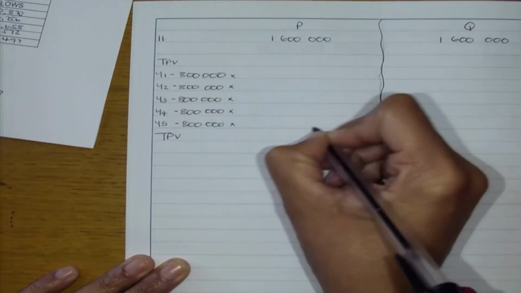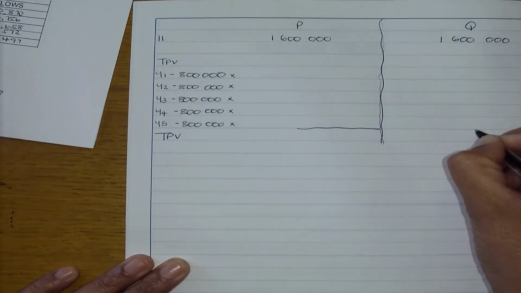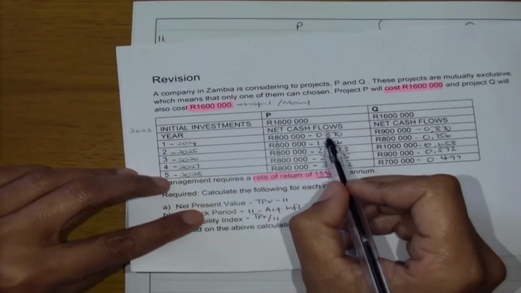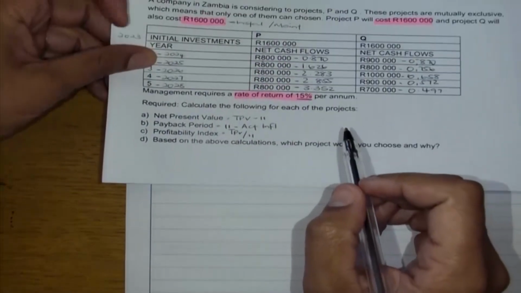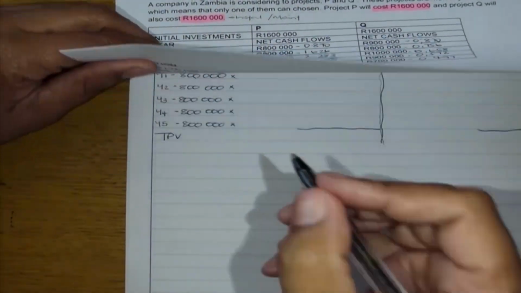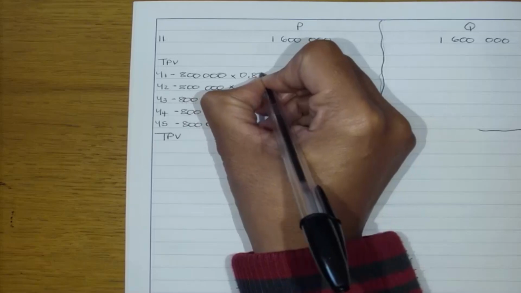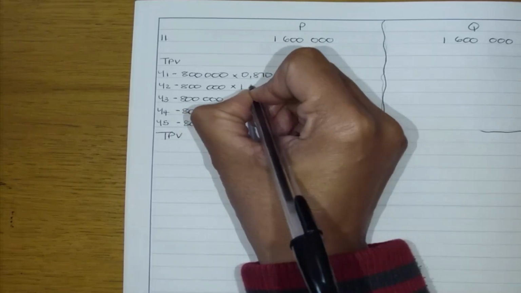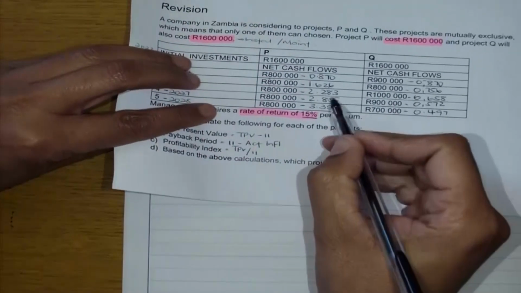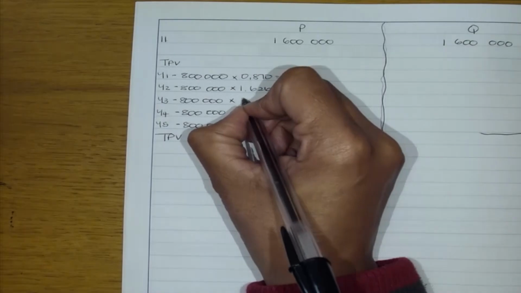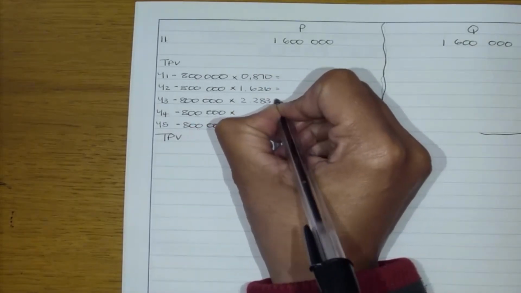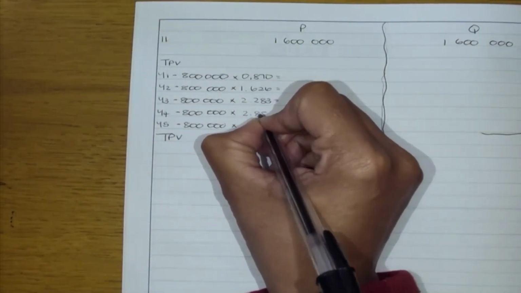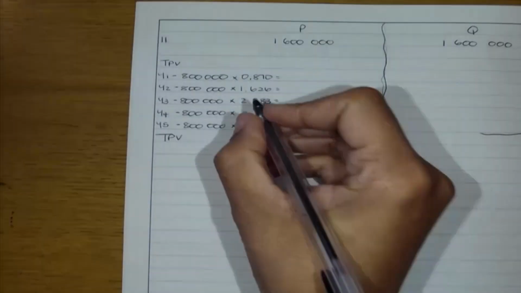Total present value. Okay, so my first factor is 0.870. My second is 1.626. My third is 2.283. My fourth is 2.855, and my fifth is